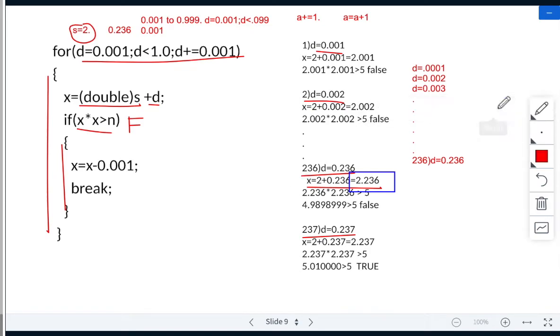I have got the x value, but my condition is false. So I'll be looping back, I'll increment to the 237th iteration. This time I'll again calculate your x.